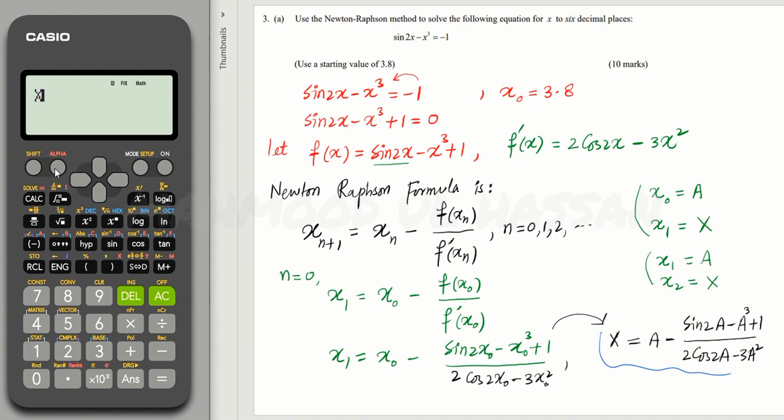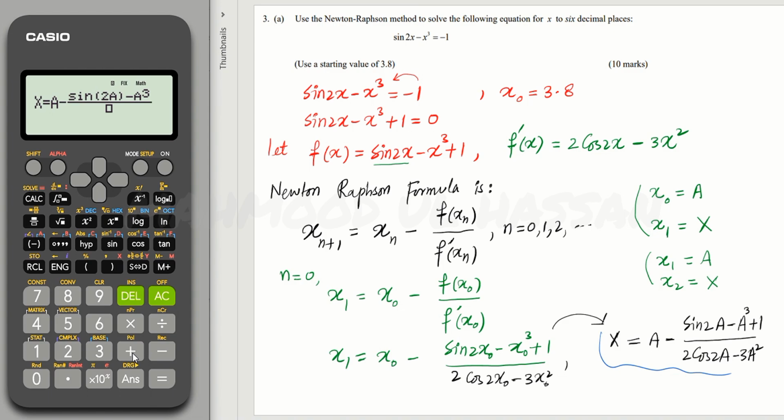So then again alpha, and then you have to press the calc here, so you will get the equal, and then again alpha, and here a, then minus, then the fraction part, that is sine 2a, so this is our sine, and then 2a bracket closed, then minus a cube, so here we have alpha a, and then this is cube